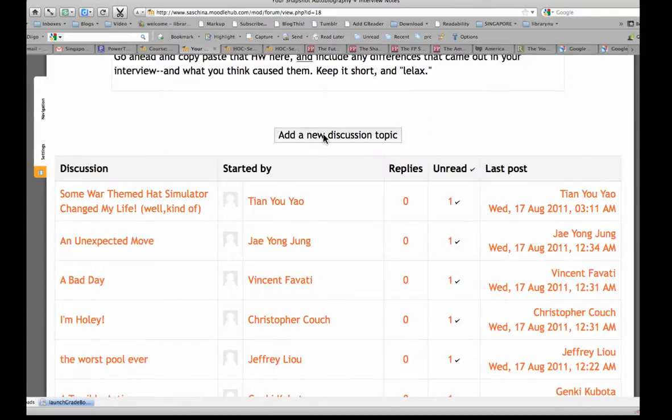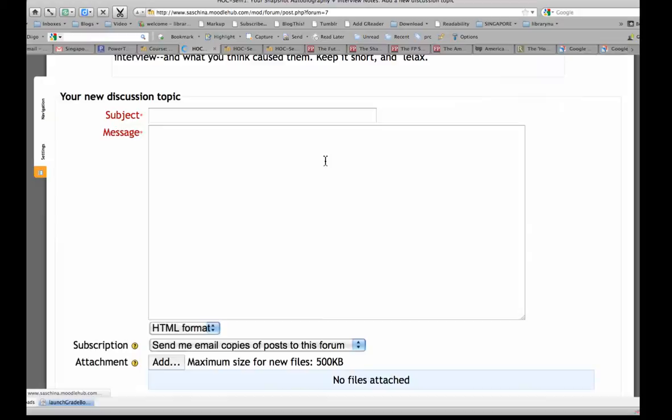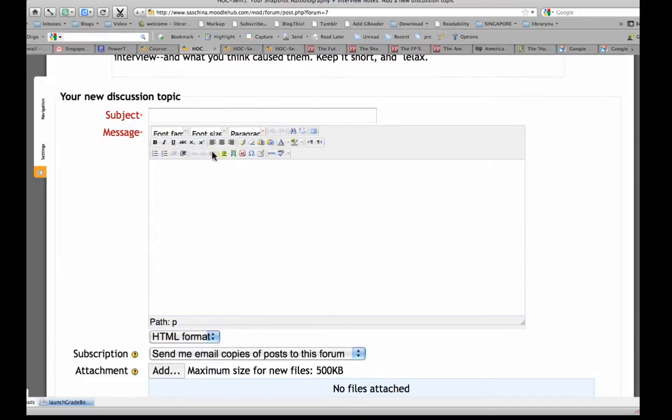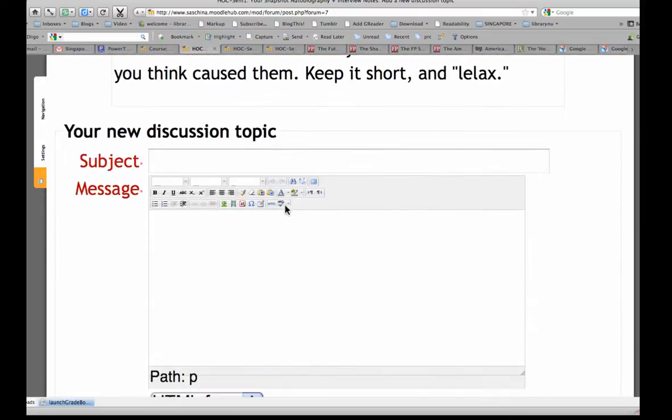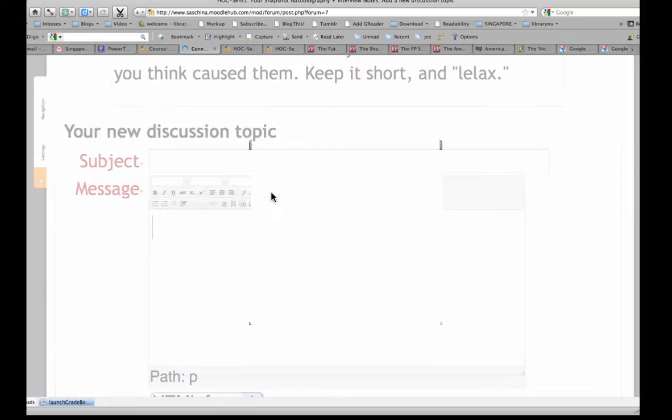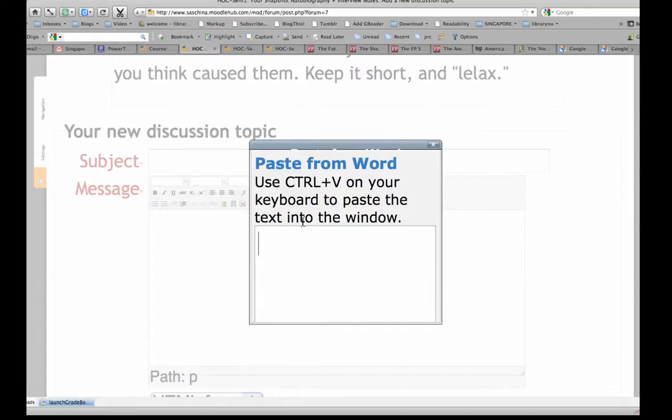But if you want to add your own, you would click Add New Discussion Topic. And now we're in Microsoft Wordville, right? This looks just like Word, right? If you're copying and pasting from Word, notice that it says paste from Word when you hover over it, a clipboard with a W, a Word icon above it. You click from that and it will say paste from Word into this. It strips out the bad Word formatting.